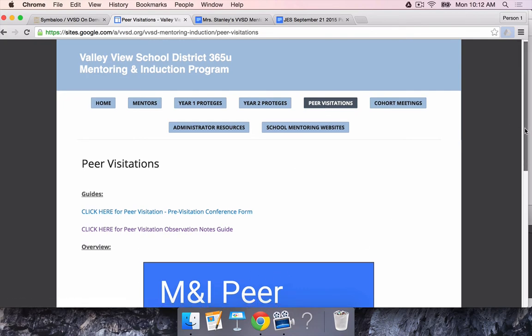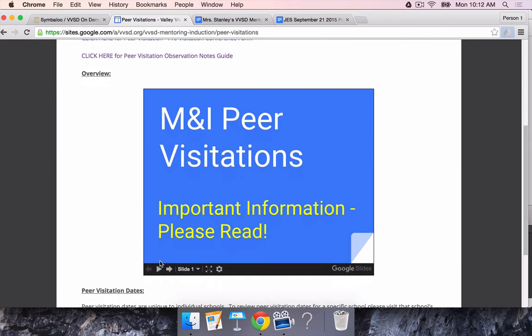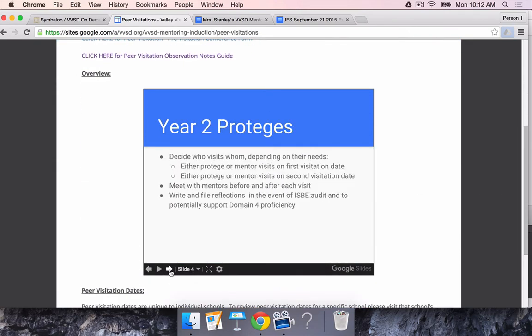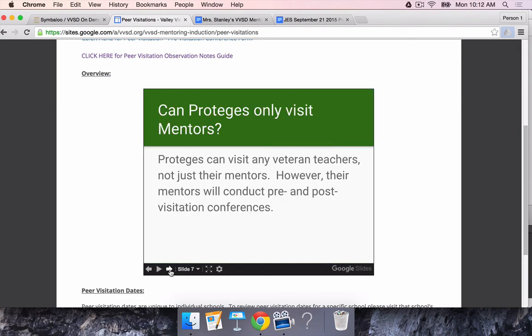Close out all of your extra windows at this point. Taking a look back at the Symbaloo page and our mentoring tab.